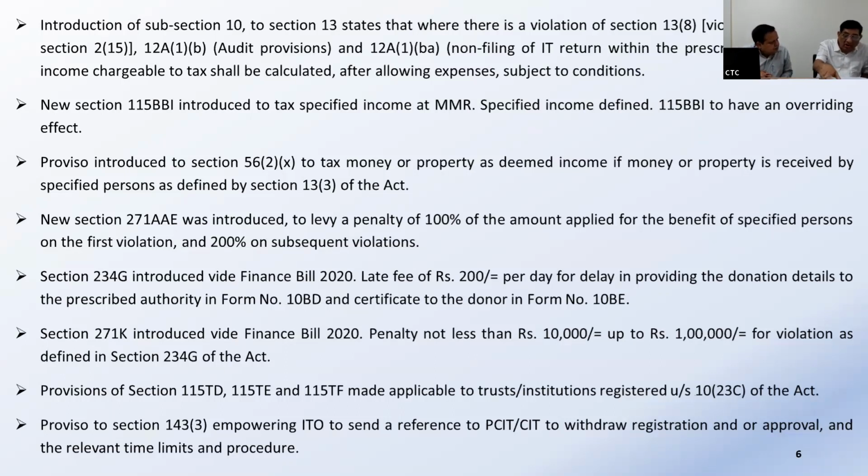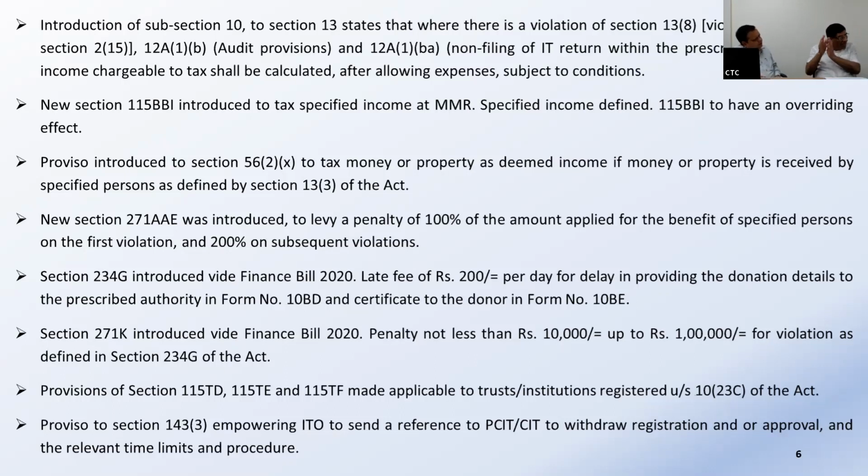Now expenses will be allowed, but subject to conditions. Conditions mean only certain expenses will be allowed and certain will not. Direct expenses to that particular object will be allowed. But donations to other trusts will not be allowed, depreciation is not allowable, and 40A(3A) applicability will not allow it. Amount spent out of the opening corpus also will not be allowed. Those conditions are there.